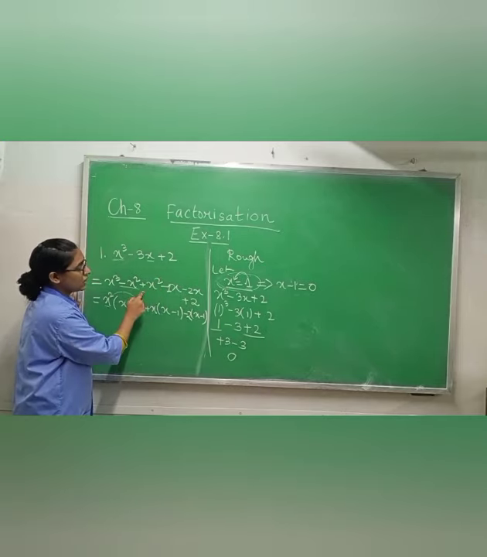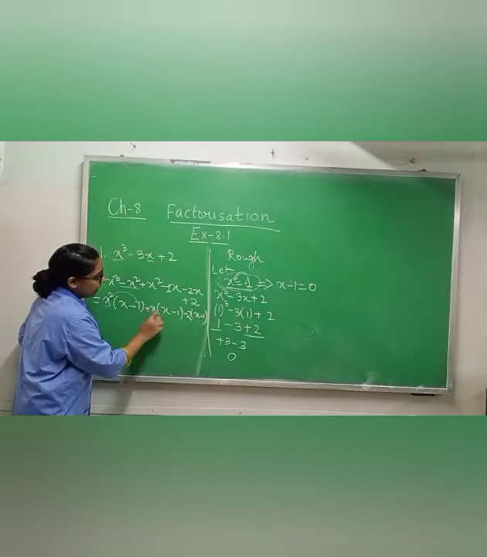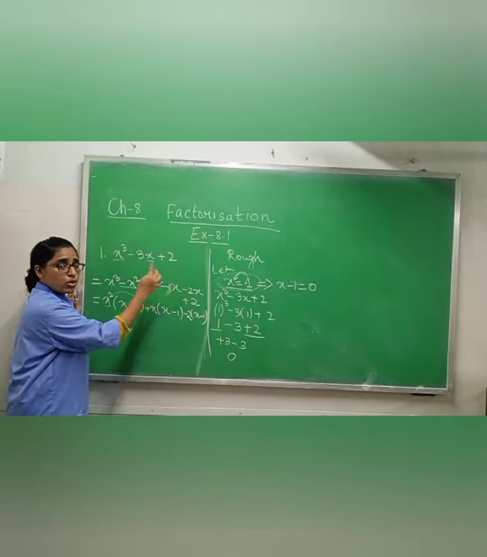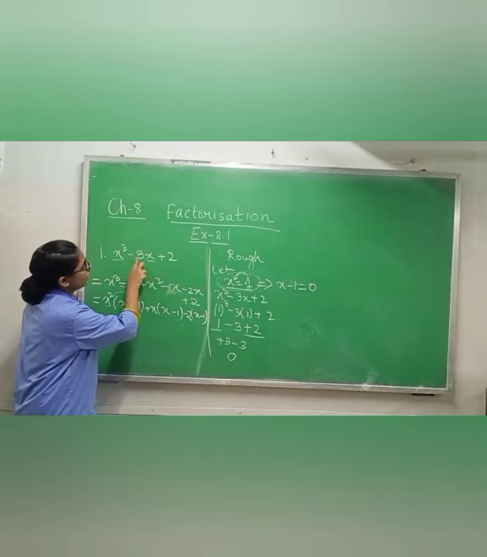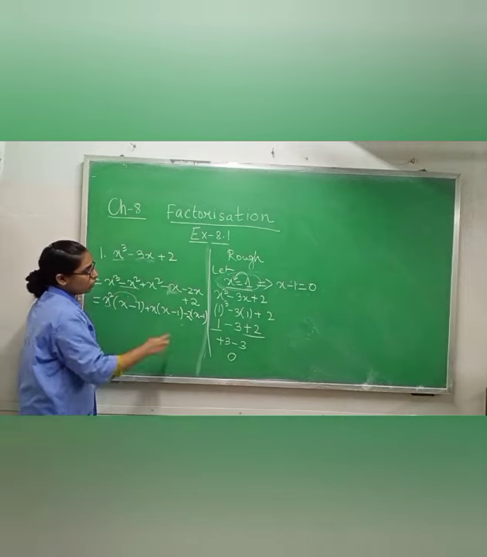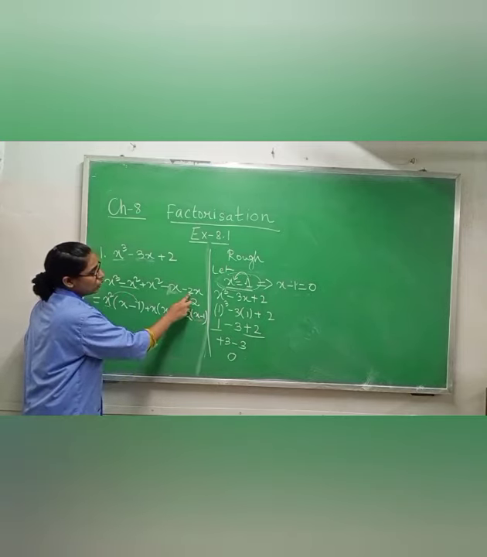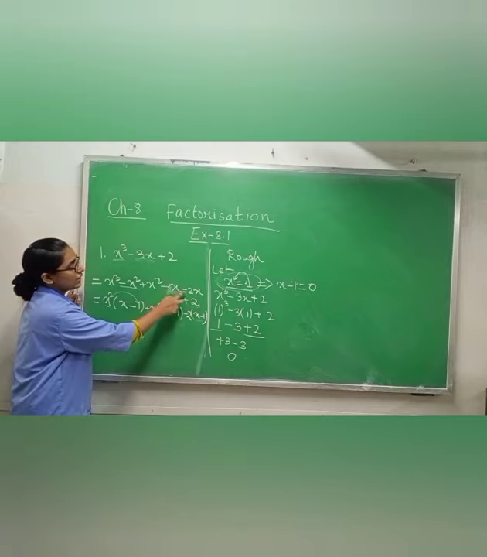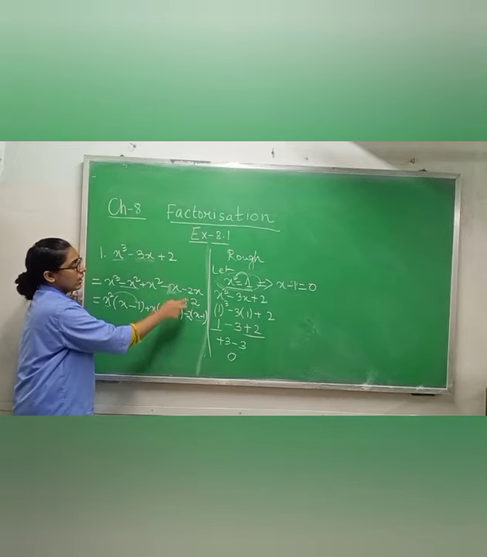Now minus x square plus x square can cancel, but you will not show that one. After that plus minus x into 1, x. You can write 1x also or x also, both are same. Now you are getting x here, but you need minus 3x. Minus x is already here. You need 2 more x. So that is why I am writing x minus 1, then 2 into x, 2x, minus plus 2 into 1, 2. Now see, minus plus, so x plus 2x, you will get 3x and plus 2.